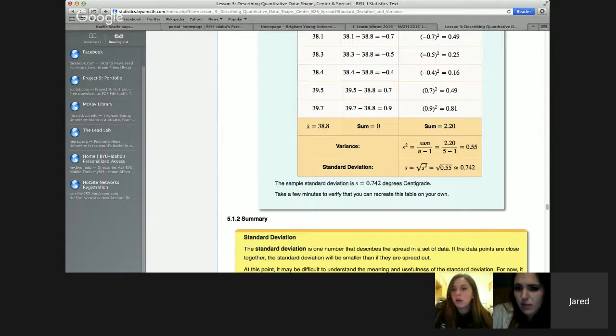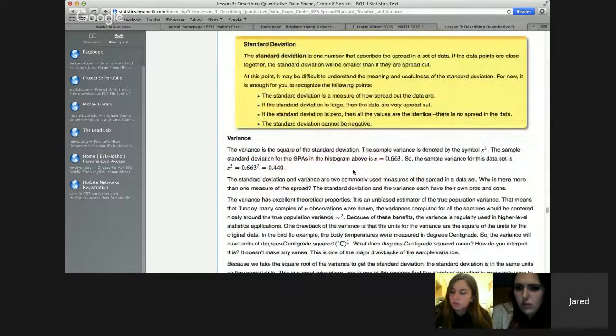So 0.55 is the variance. The square root of that is the standard deviation, which is 0.742. So you take the square root of the variance, and that'll equal standard deviation. Right. Okay, so